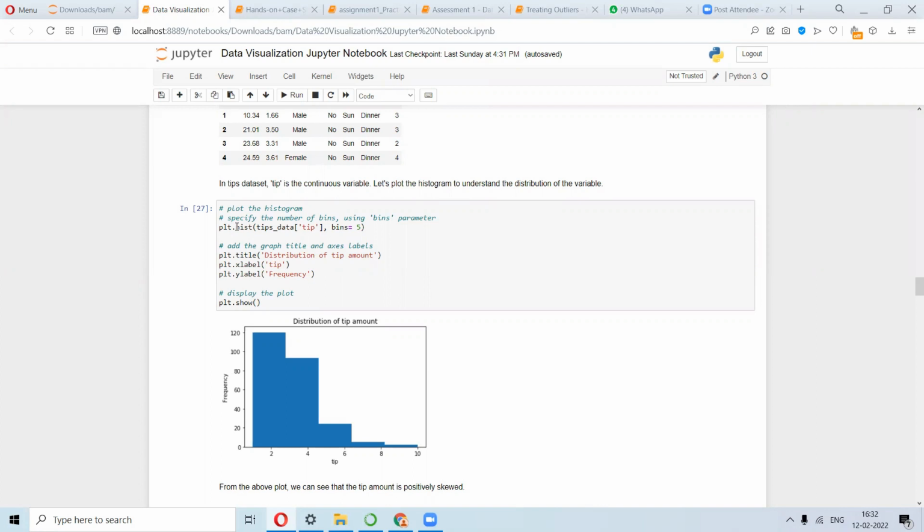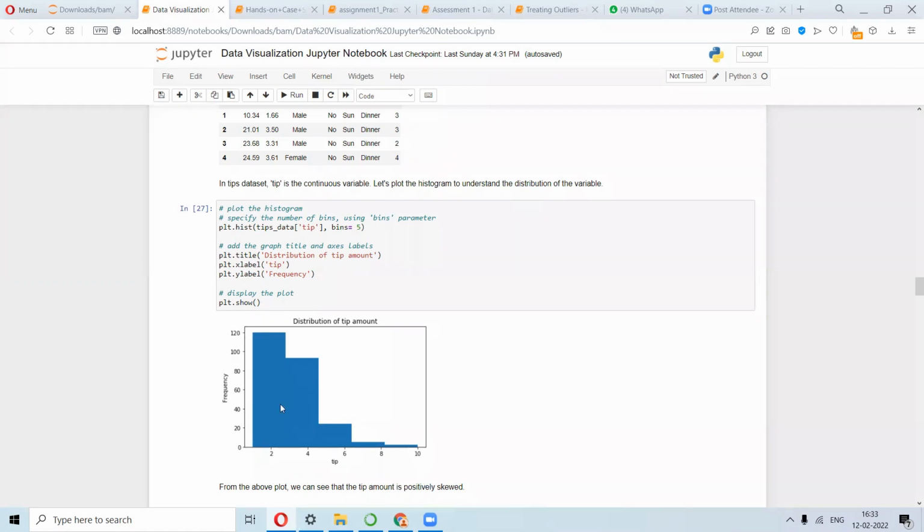From there we are selecting tip, and now this is something that we have to specify: bins. That will give you how many divisions you will have. So you can see that this is 1 bin, 2, 3, 4, 5, right? So we have 5 separations, or 5 boundaries, that we have considered. And this is the title, xlabel, ylabel, all these things are there, right? So this is tip frequency, okay, and plt.show.